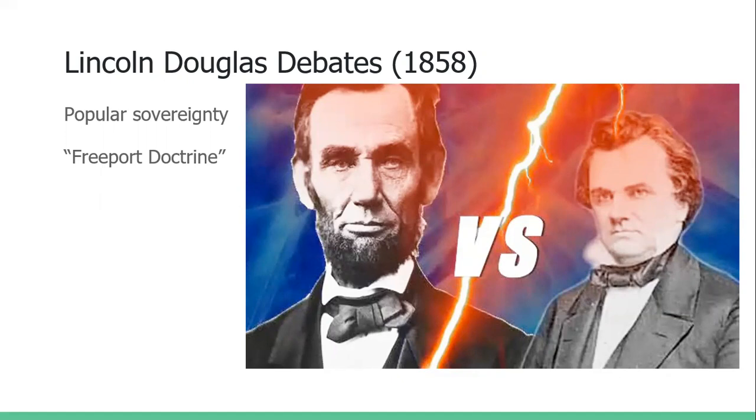All right. Now we see here the Freeport Doctrine. This was Stephen Douglas's doctrine that, in spite of how the Dred Scott decision went, slavery could be excluded from the territories of the United States by local legislation. So he's trying to find some loopholes there, so that the territories have a little more say in what happens there than the Missouri Compromise boundary line.